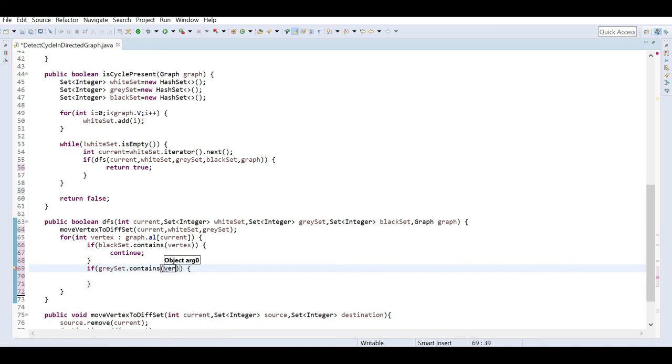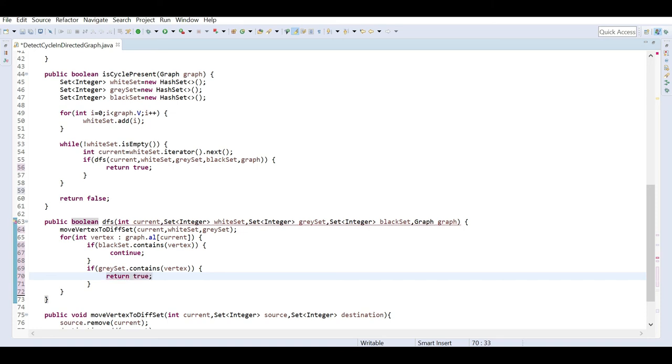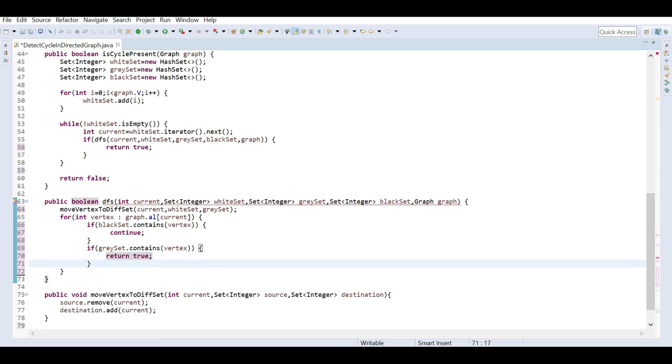So if we find that this vertex is present in the gray set, that means obviously a loop is there.